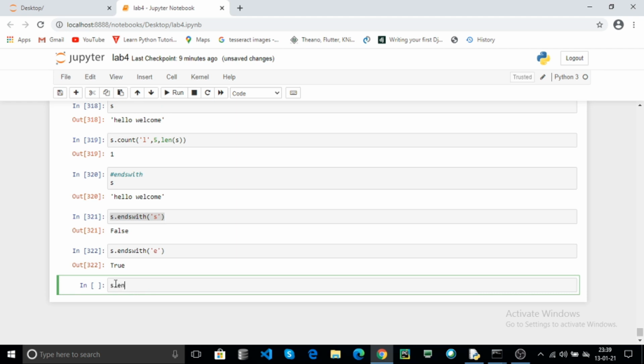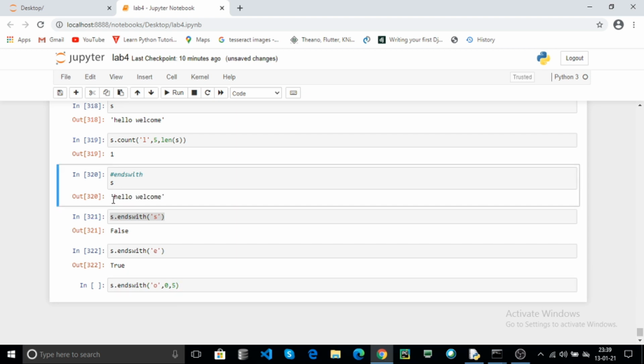You can also specify the from index and to index also. Here your string should end with O and the start index is 0 and end index is 5. That means this is your string.